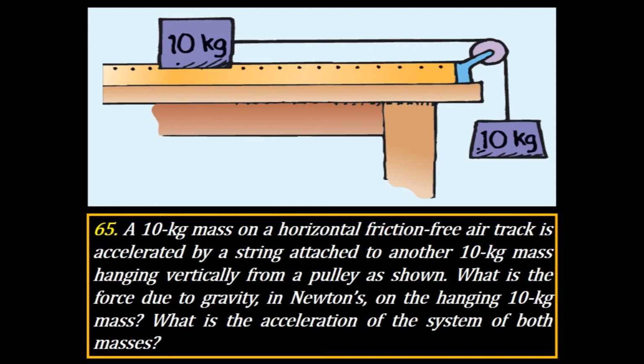A 10 kilogram mass on a horizontal friction-free air track is accelerated by a string attached to another 10 kilogram mass hanging vertically from a pulley as shown. What is the force due to gravity in newtons on the hanging 10 kilogram mass? What is the acceleration of the system of both masses together? All right, so